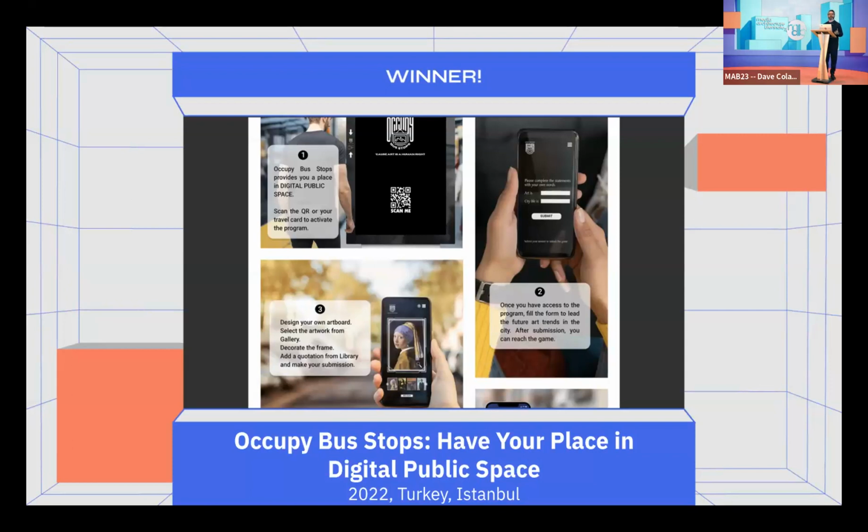But I mean, that's just a testament to how nuanced these projects are, how complex they are, how they're hitting so many different marks that I think are really important for us to consider as designers, as artists, as architects that are working with media and public space. So thank you for that. This is a great example of that complexity.